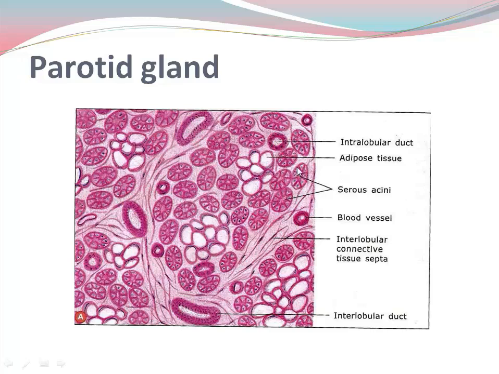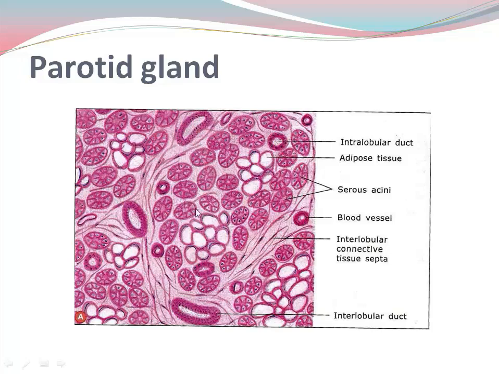As it is a secretory gland, along with the tubule system, duct system and acini, what else you will see here are the lymphatic ducts and blood vessels. All these single lobules are separated with a layer of connective tissue. That connective tissue is the interlobular connective tissue. They form the septa, a compartment in which the lobules are arranged. Here in this connective tissue portion only you will find the